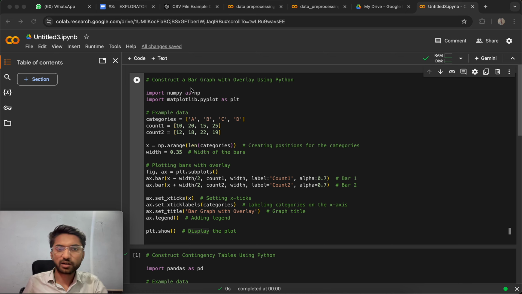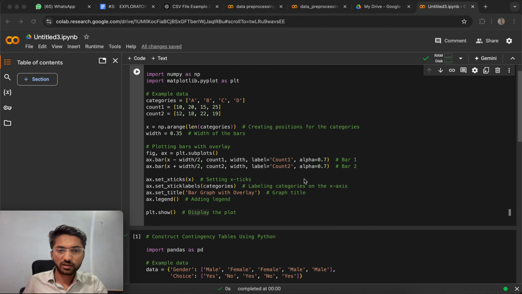A bar graph uses rectangular bars to show the frequency or value of a particular data set. In this code, we simply plot two graphs, bar 1 and bar 2, and we compare the data side by side.